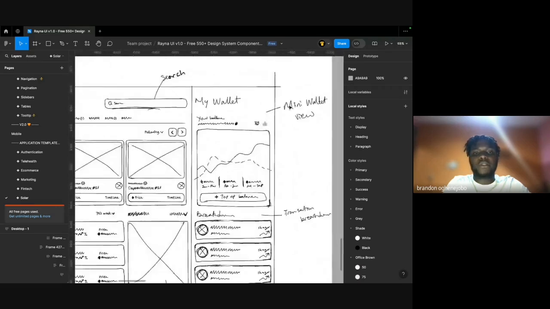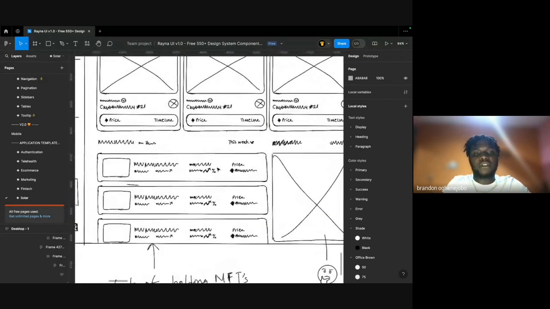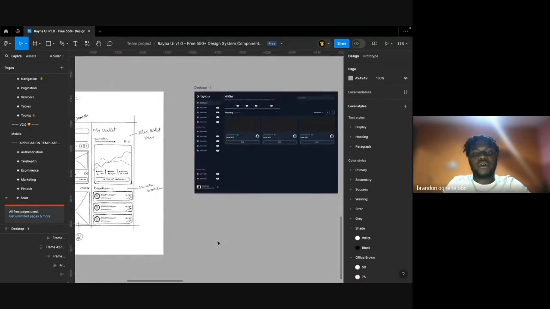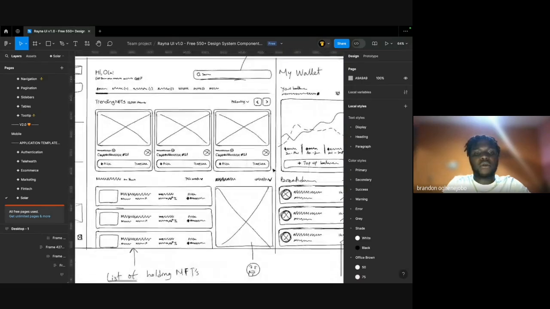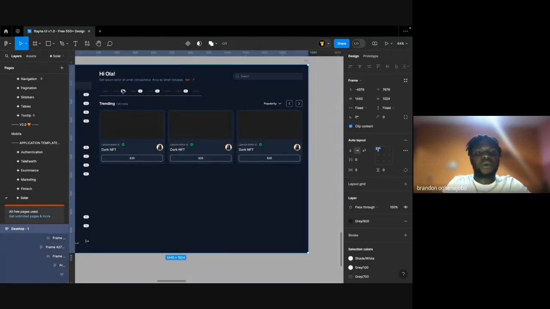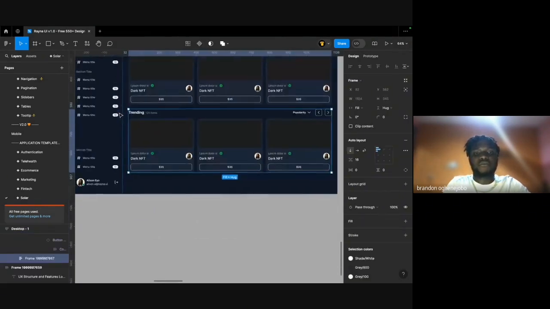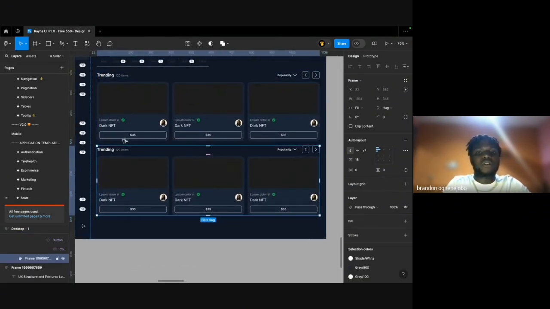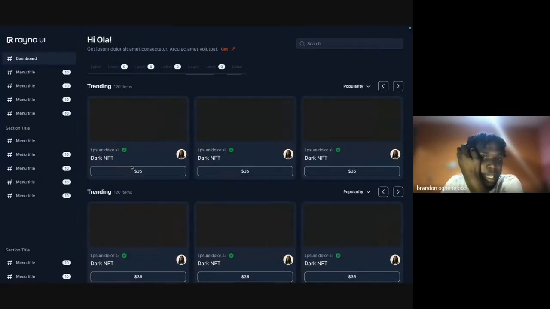That's going to be for wallets. And then our section here, that's going to be for your current NFTs that you're currently holding. So again, here, we're going to quickly make those cards, but it shouldn't be anything difficult. So I'm going to duplicate our section here, right? Now that I see both sections piling up on each other like that,